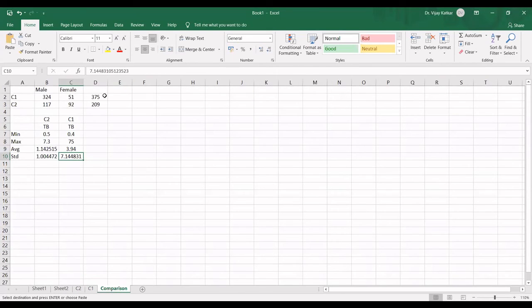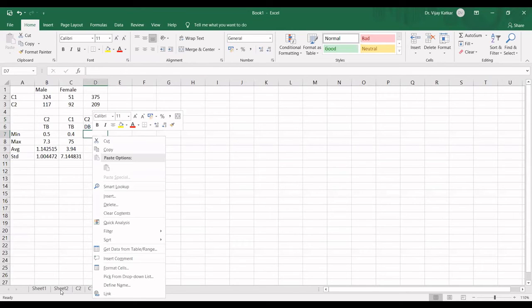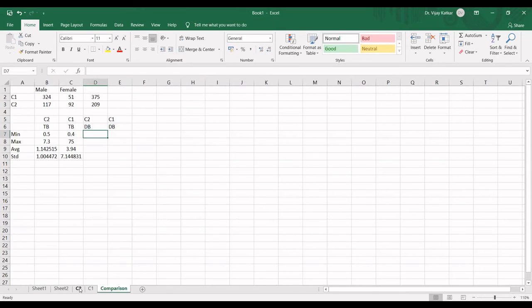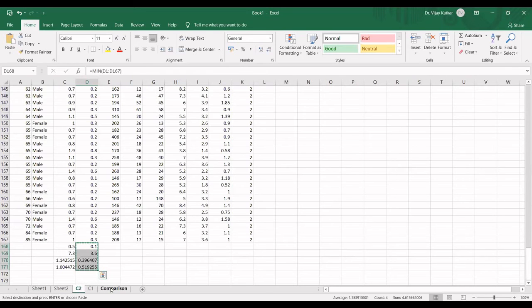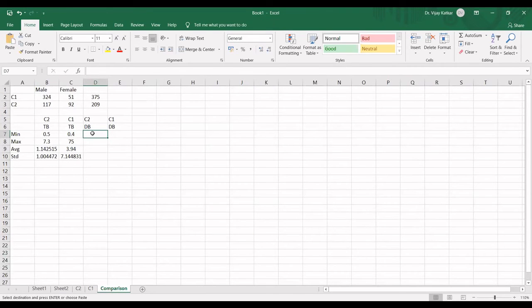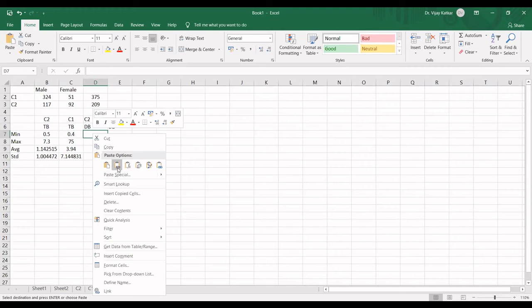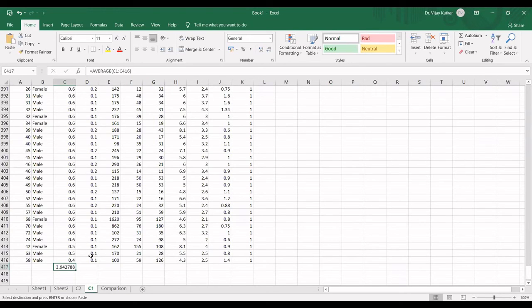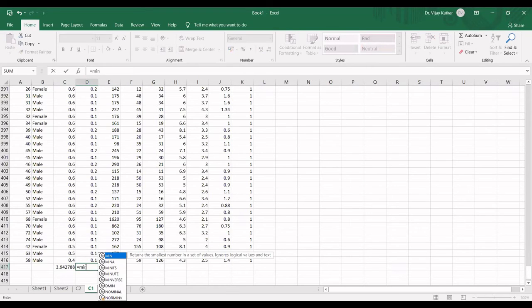And now we are talking about DB bilirubin column for class C2 and class C1. I need to copy paste it one more time. Copy and paste. And then finally, okay, we'll again go for this over here. So here we'll go for again minimum, maximum, and everything. I need to write equations. It will hardly take a minute.